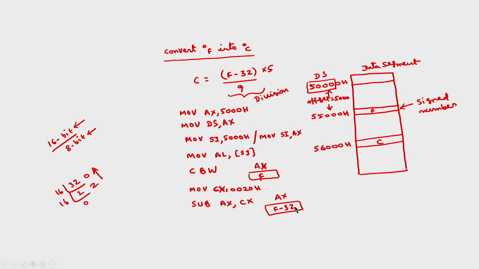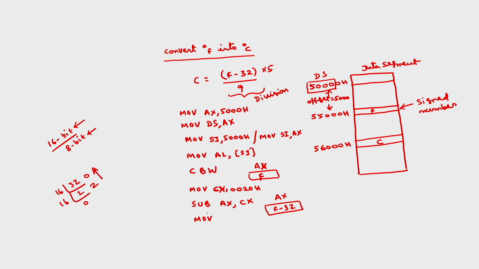Okay. Now this we have to multiply with 5. So you can multiply either a 16 bit by 16 bit number or an 8 bit by 8 bit number. So you take this 5, MOV 5. Anyhow this is a positive number, there is no need of sign extension. I will take this directly into some register, say BX, comma 0005H. I will perform IMUL, because the numbers are signed numbers, IMUL BX.